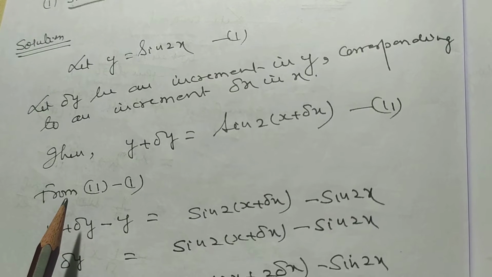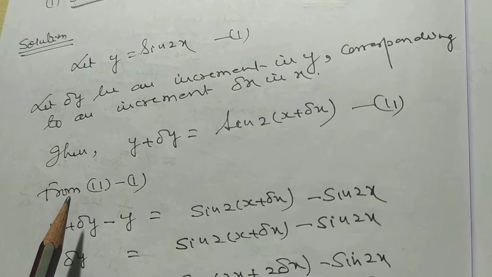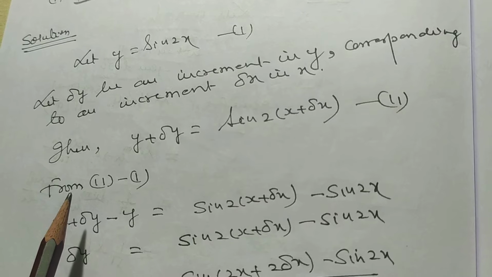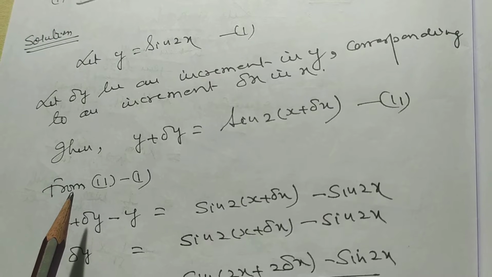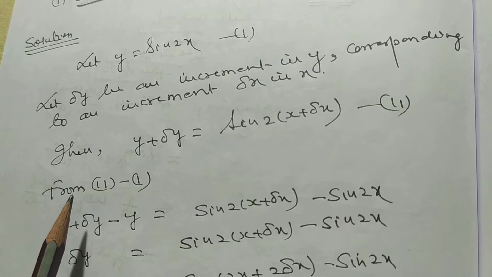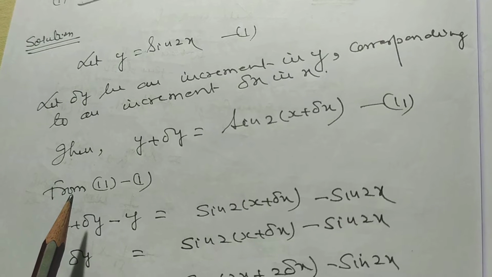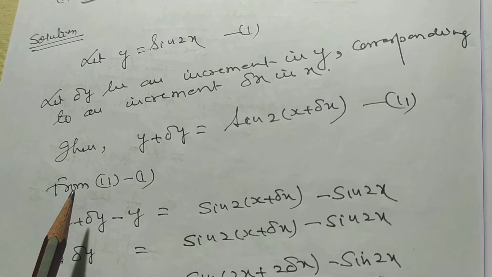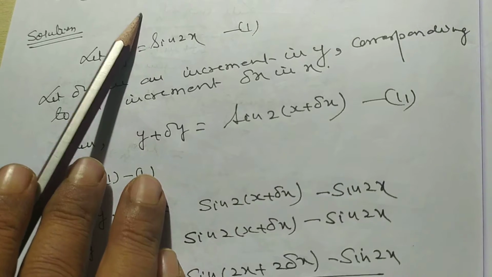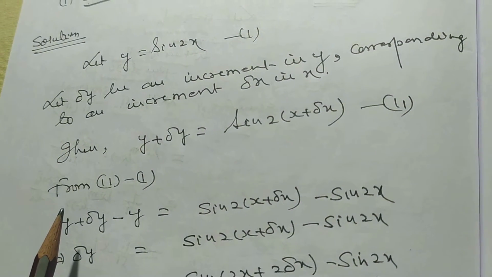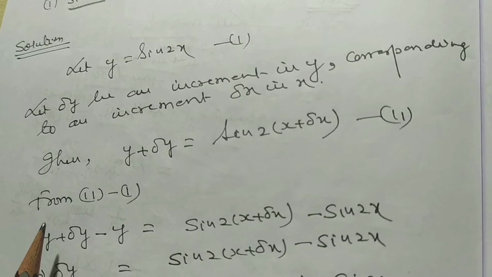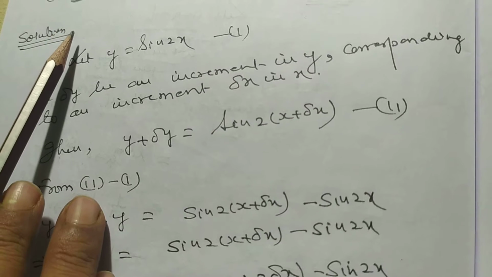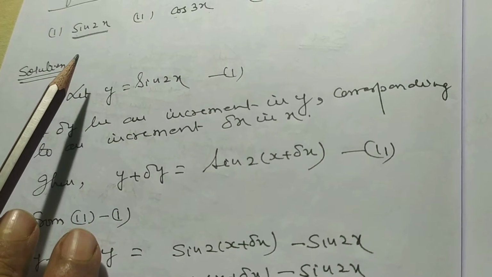And sometimes students get confused while they have to differentiate sin 2x and sin x. Some students say the derivative of sin x is cos x, therefore the derivative of sin 2x is cos 2x. It is wrong, it is a blunder. So my dear student, how will you keep in your mind that the derivative of sin 2x is 2 cos